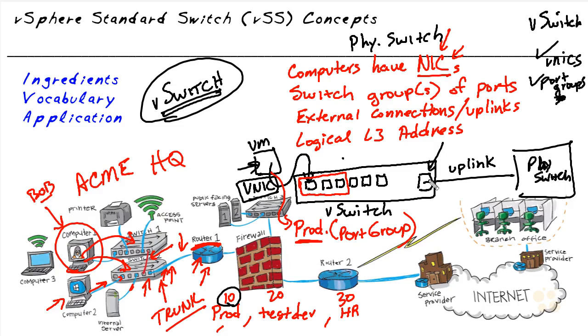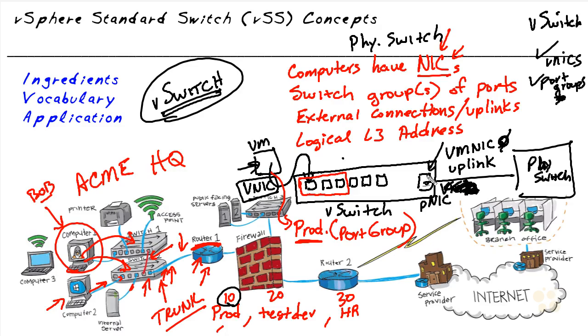We could refer to this port as a PNIC, which is an acronym for a physical network interface card on the ESXi host that's supporting this vSwitch. And we also have some naming conventions that are used on the ESXi host regarding its network interface cards that connect out to the physical world. It refers to these physical interfaces as VMNICs. So for example, the first one would be VMNIC 0. And if we had a second physical adapter, it would be referred to as VMNIC 1, and then 2 and 3 and so forth. So from an ESXi host perspective, whenever we see the word uplink or VMNIC or physical